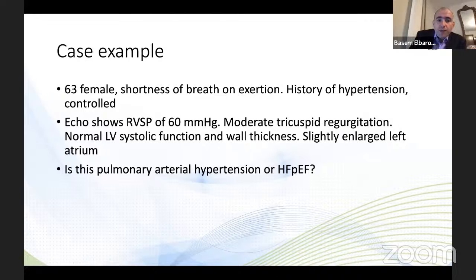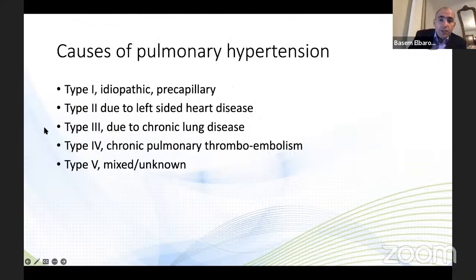So, a 63-year-old female with shortness of breath on exertion, history of hypertension, and it's controlled. The echo shows RVSP is elevated. So you're questioning, is this all elevated because of the elevated left atrial pressure, or is it true pulmonary arterial hypertension? And just to go into pulmonary hypertension, I'm not going to go into these details, but there are